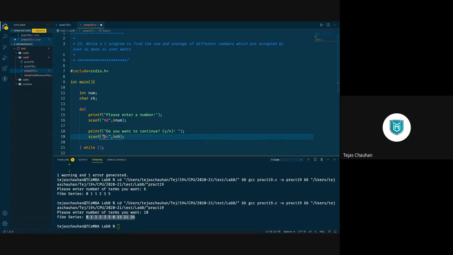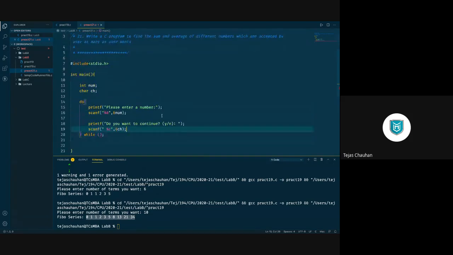The executor does not wait for the user to enter something. It takes this character from the buffer. Now so that this problem does not happen, I'm going to have one space before %c. So the space goes into the buffer and %c will get the character from the user. So that's why we go for it, and now I'm going to save this code.